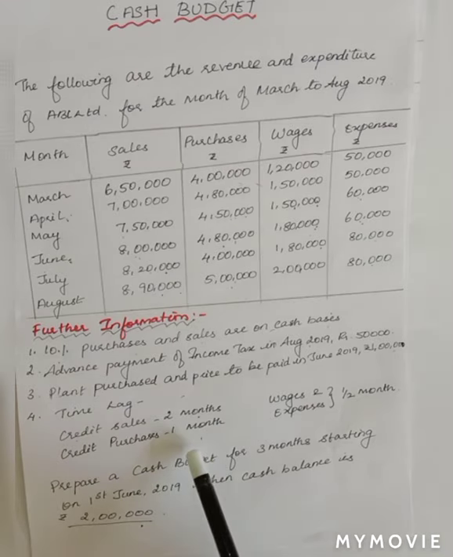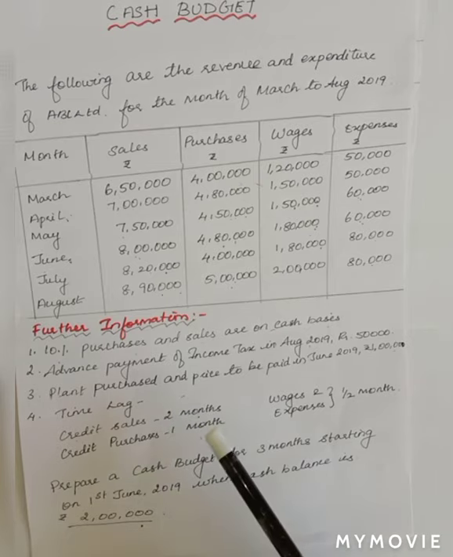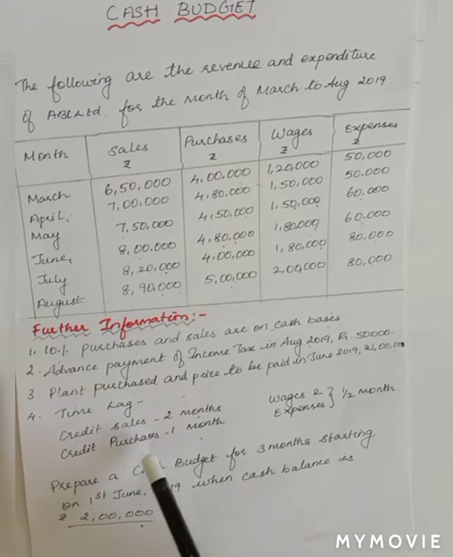Okay, on seeing this we can conclude that the credit policy followed by this concern is not proper. Why? Because you can see that the receipts will be done only in 2 months period, but you have to pay it within a month. Okay, which is not proper, wherein the cash flow will be reduced because of this credit policy. If it is of reverse motive, like credit sales can be received by 1 month, and credit purchases can be settled by 2 months, then your cash flow will be good. Okay, so then your cash position may also hike up.